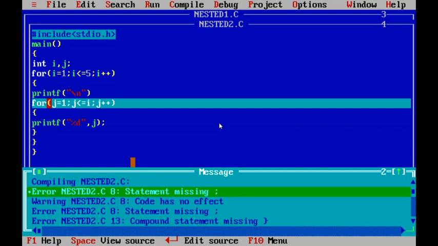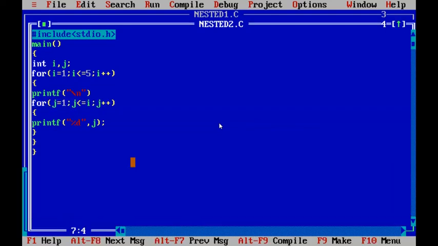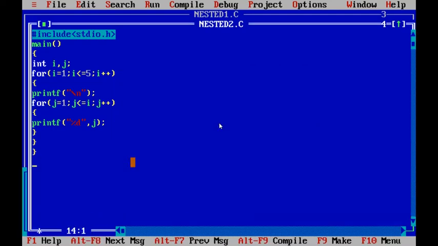Statement missing. We missed one statement. After the printf we forgot the semicolon. Save the program, compile the program. Now compilation is successful, 0 errors. Now run the program.